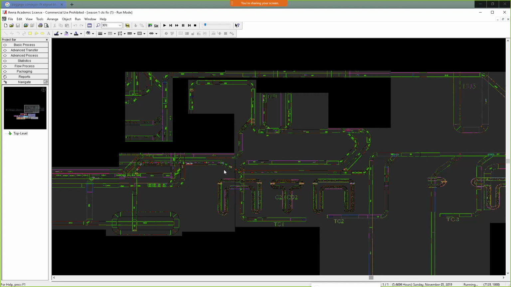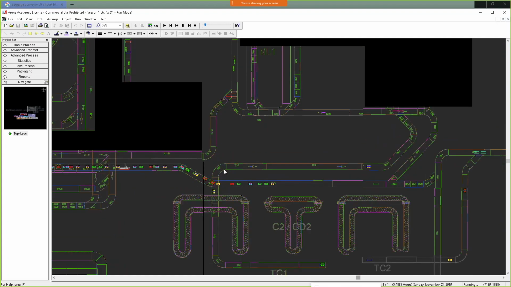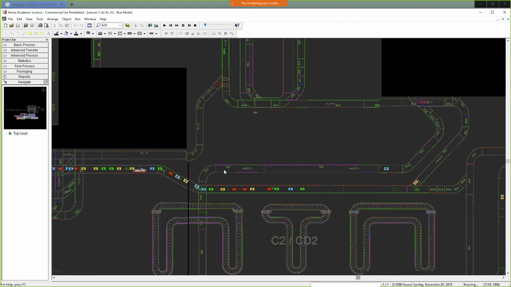If we zoom in here, we can start seeing that we have bags flowing through. Now it'll be going a lot faster and it'll be hard to see a smooth flow. That's because it's going at simulated time, not real time. If it was real time, it would be going a lot slower. And this is a great example